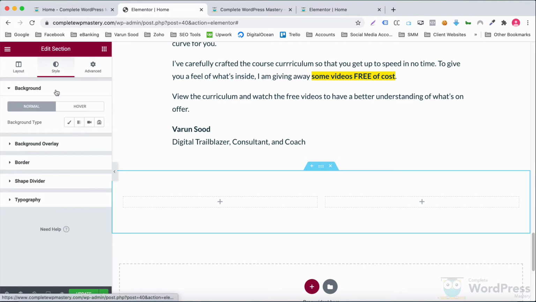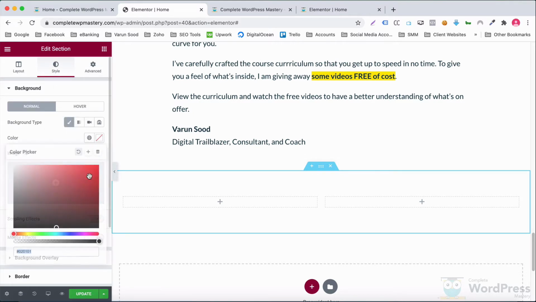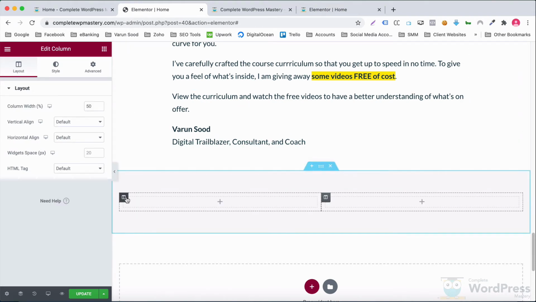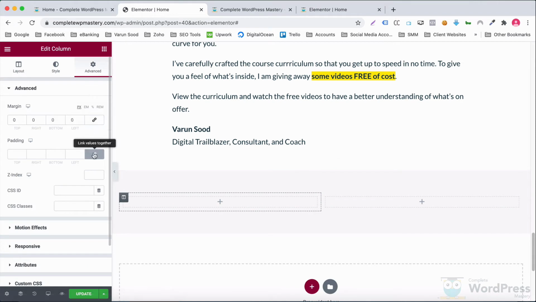Let's also add a background color to the section, and adjust the widths and margins of the columns like we have been doing.